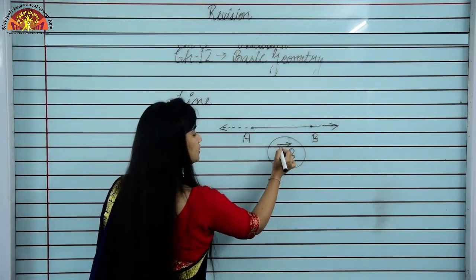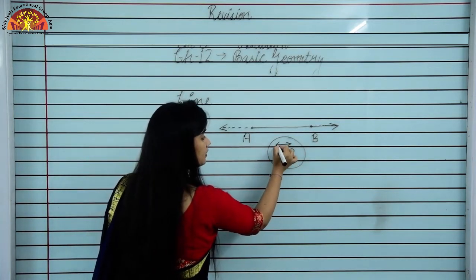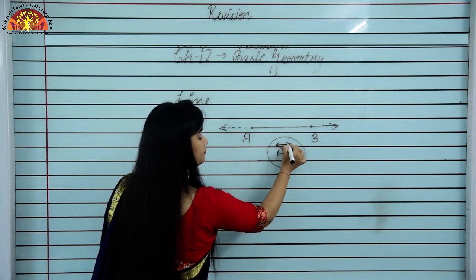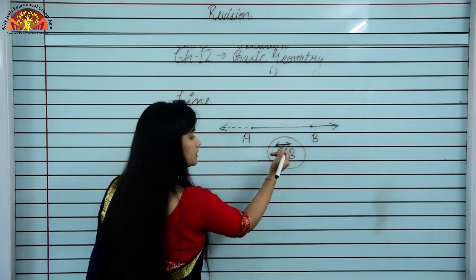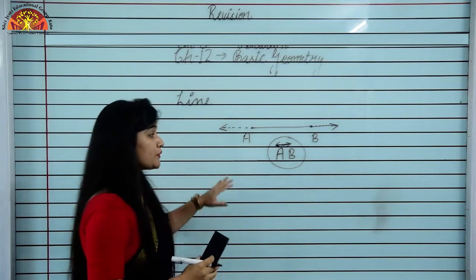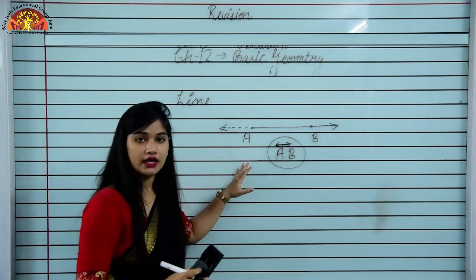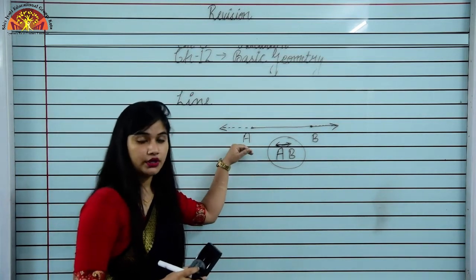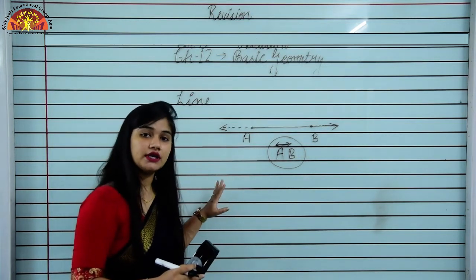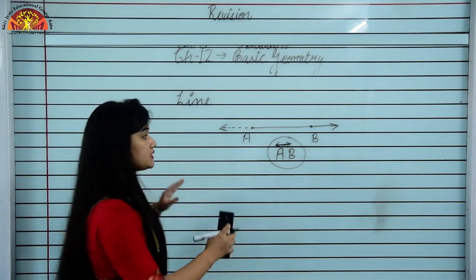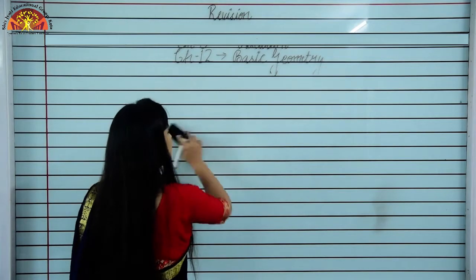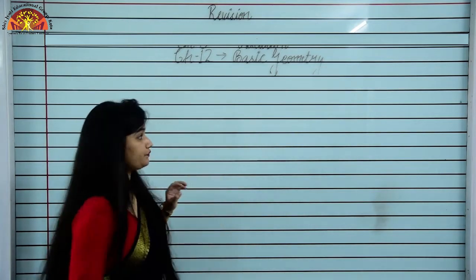And how can we show this line? We have to show this line like this: a simple line and we have to show two arrows in this direction also, in this direction also. Understood, students? So in a line we don't have any end point. Line का कोई end point नहीं होता and it has no specific length. इसकी कोई specific length भी नहीं होती. Understood, students? So students, we have discussed about point, line, line segment and ray.